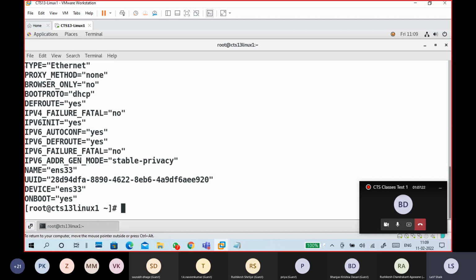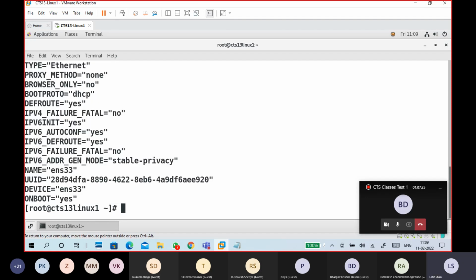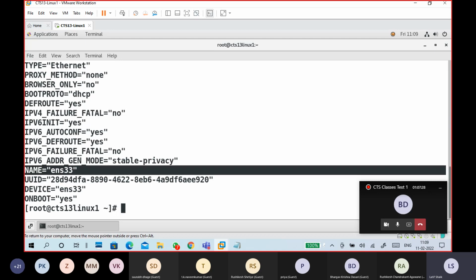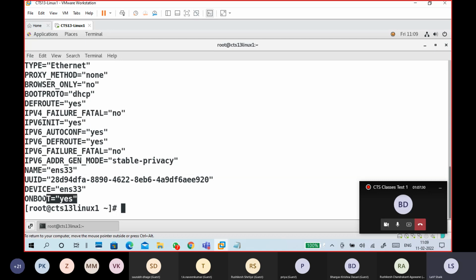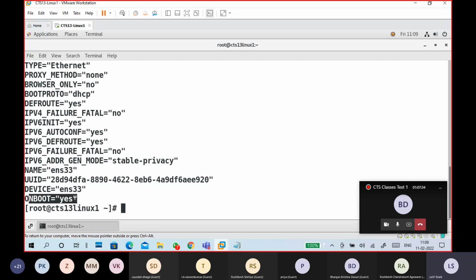See, you can't see the IP address, only you can see the names. ONBOOT yes means, guys, remember, when you start your PC, automatically the adapter also will be on. ONBOOT no means you start the PC, your network adapter won't be on, so you have to turn on the adapter by using commands.